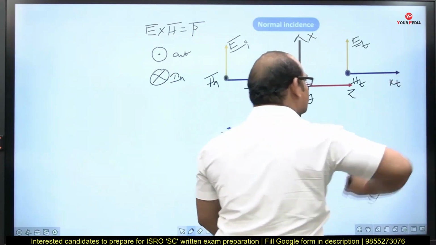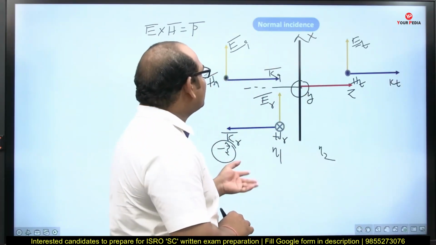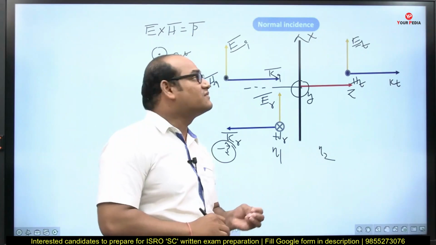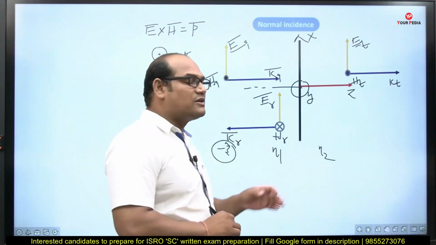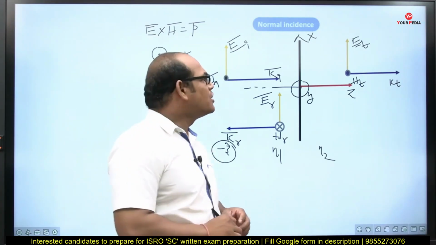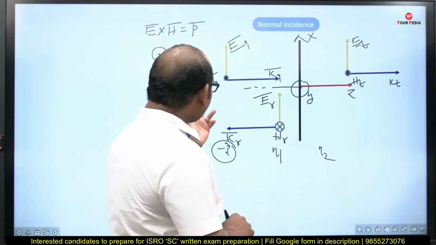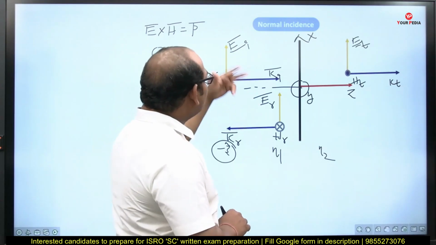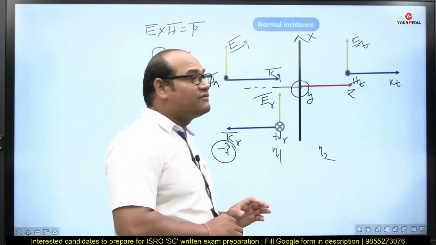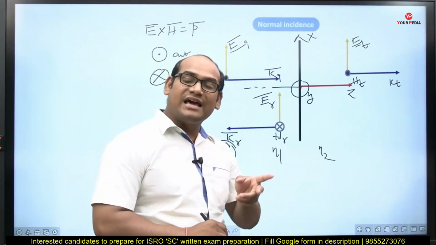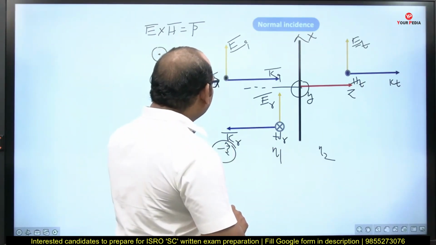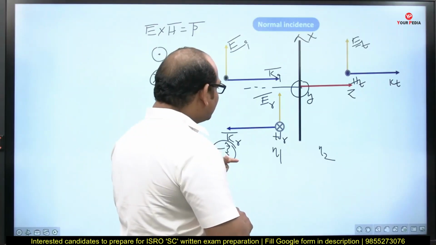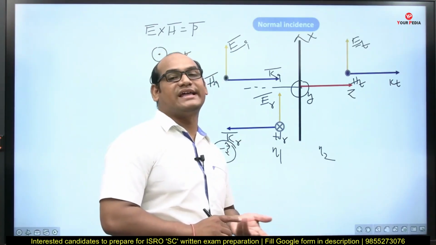This is representing wave propagation. So in this manner we have taken the representations of the normal incidence of the electromagnetic wave for this particular interface. Here the main thing is that the electric fields of the incident wave, reflected wave and transmitted wave are all in the same direction,